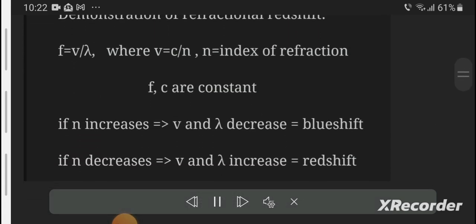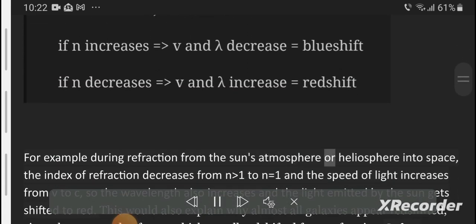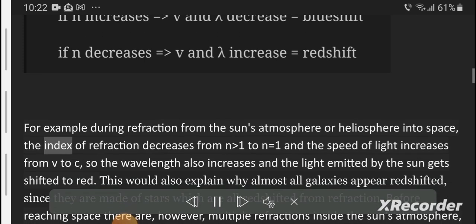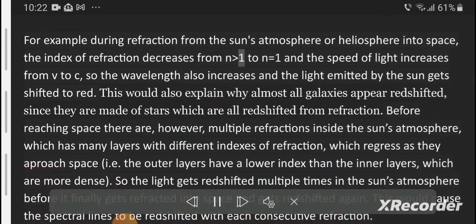For example, during refraction from the Sun's atmosphere or heliosphere into space, the index of refraction decreases from n1 to n equals 1 and the speed of light increases from v to c, so the wavelength also increases and the light emitted by the Sun gets shifted to red. This would also explain why almost all galaxies appear redshifted, since they are made of stars which are all redshifted